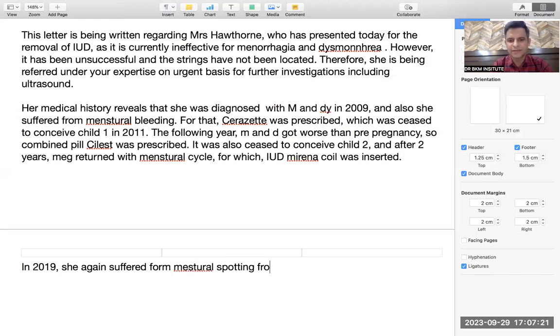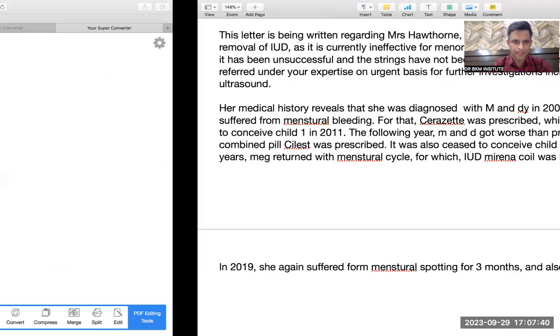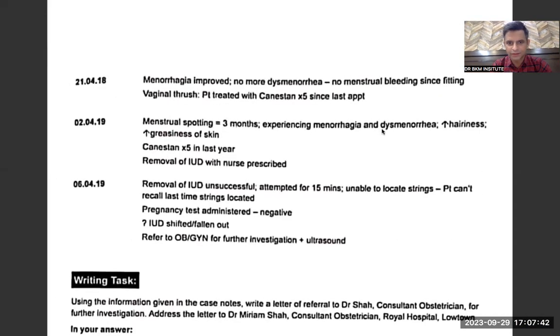I'm writing just relevant words. That is where I'm decreasing the word count. Menstrual spotting for 3 months. And also, this is the problem. And also, menorrhagia and dysmenorrhea. What was the word given? Also, she experienced menorrhagia and